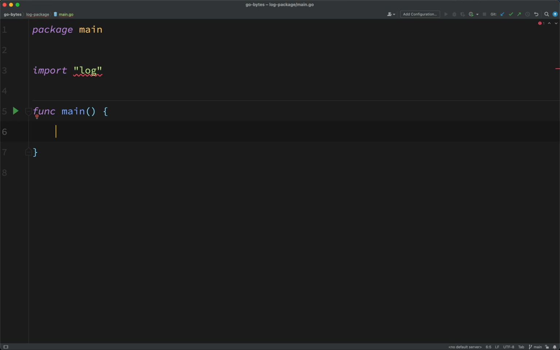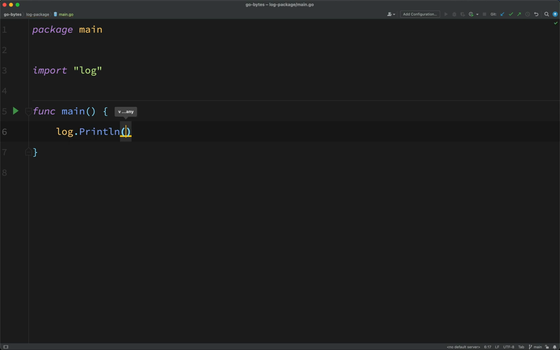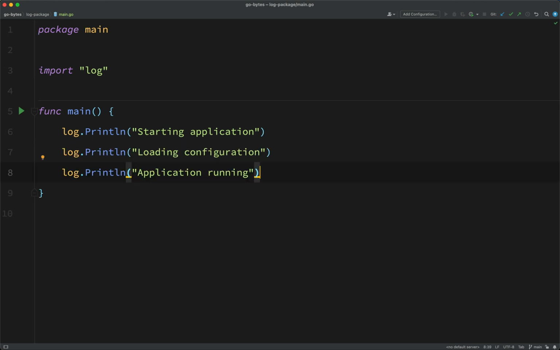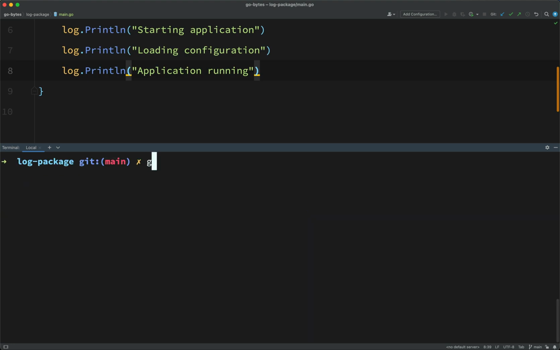And then let's just start out with something basic. We do have a Println function on log. It can take any type. Let's just say starting application, and we'll log a couple of other messages: loading config and application running. So let's go and have a look at what this looks like. If we say go run main.go,